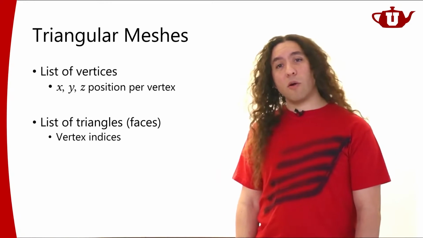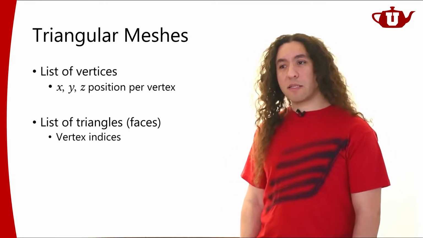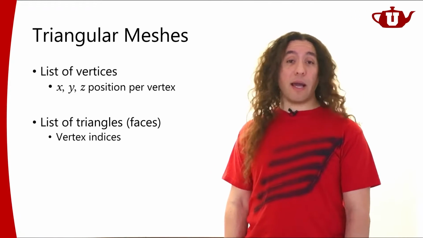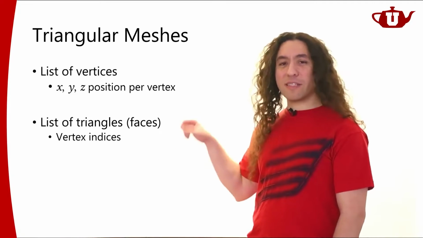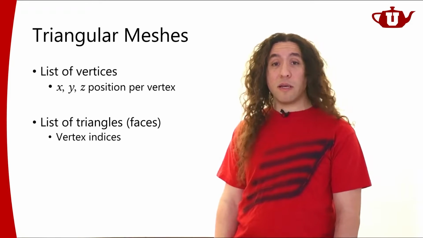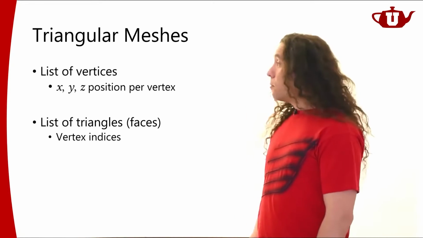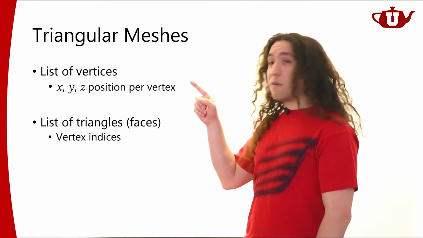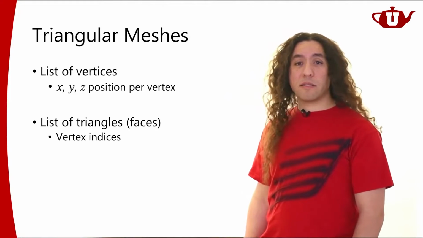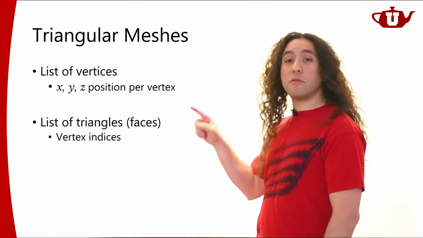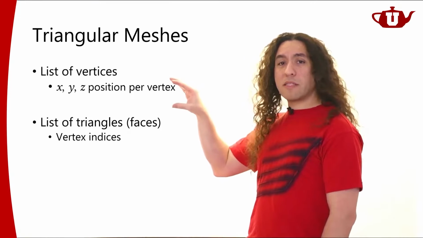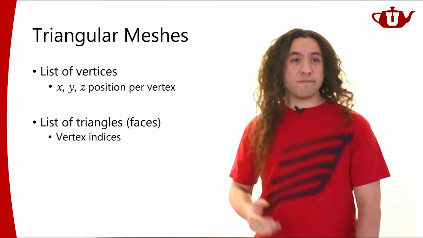Now I'm going to talk about the OBJ file format a little bit in this context, but it differs from the way that OpenGL and the GPUs handle the vertex indices and triangles a little bit. So I'll talk about that detail, which is going to be relevant for our upcoming project. Now, we're going to have a list of vertices. They're going to be the positions, and we're going to have indices per triangle to the list of vertices to define the positions. So you can think of these positions as vertex attributes, obviously.